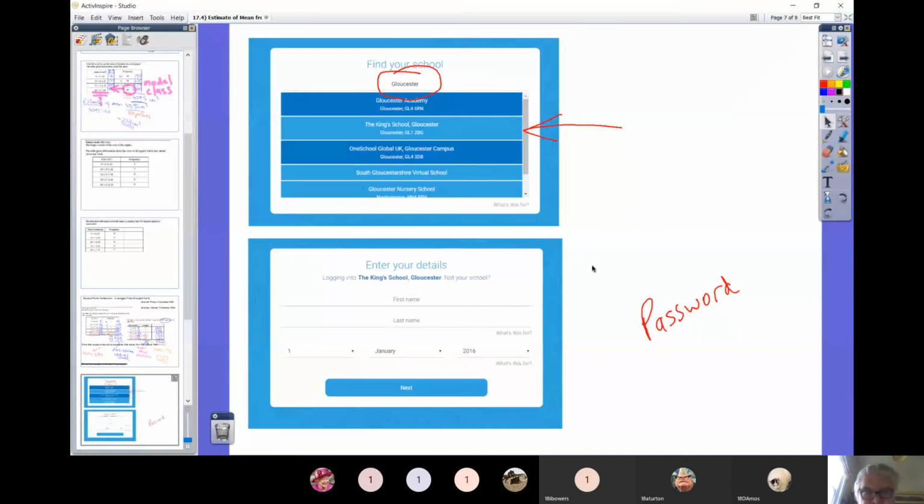So the work following this lesson will just be on Hegarty Maths. Now that's got several benefits. Firstly, obviously they have videos, so it gives you another opportunity to have somebody else explaining it to you if you haven't quite figured out what's going on. From my point of view, it marks it automatically, which is great. Also, from your point of view, that's good because I can then go and upload that mark. I can see it on Hegarty, then I'm going to transfer that mark across onto my Teams stuff. So I can easily get that mark up even if you haven't had an opportunity to upload your workings.